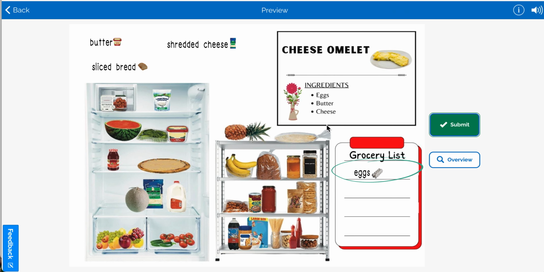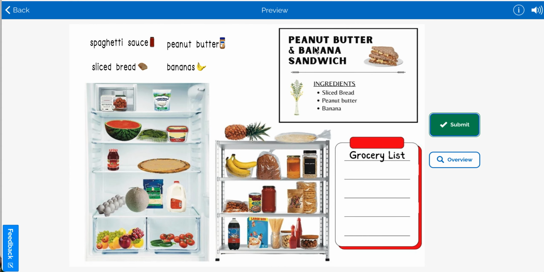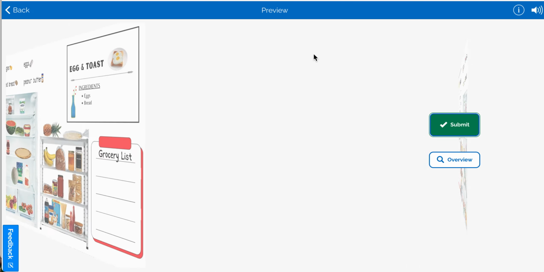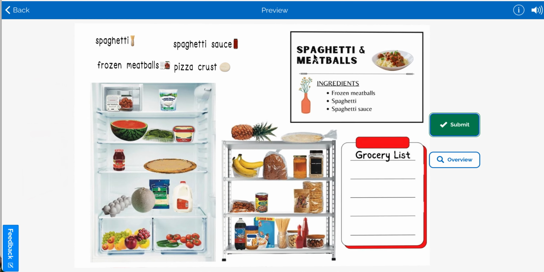And as always, I try to remember to put my slides on Flow Magic, which means they do not advance automatically. You have to turn the page, so that gives you an opportunity to discuss the slide more if you would desire. And so then we have peanut butter and banana sandwich, cheese omelet, egg and toast, fruit salad,